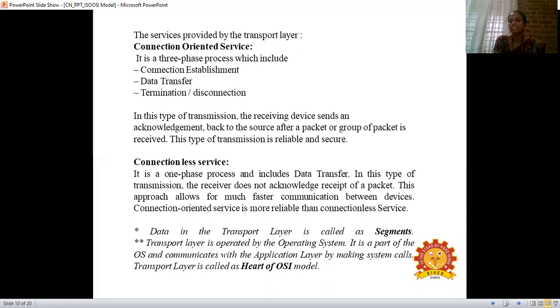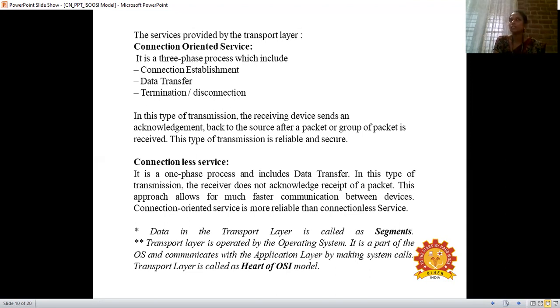Next, connectionless service. In this type of transmission, the receiver does not send an acknowledgement per receipt. This approach allows for much faster communication between devices. Connection-oriented service is more reliable than connectionless service.